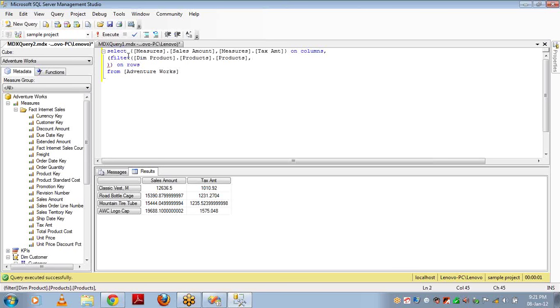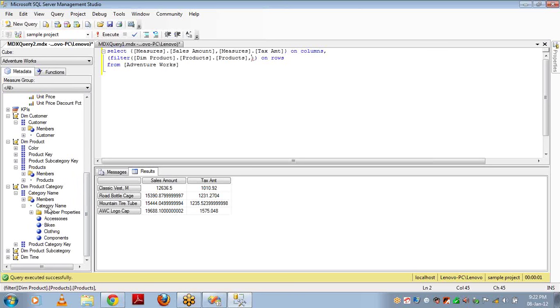Okay, fine. I'm yet to write the filter condition using attributes. How to write a filter condition for attributes? For example, if you want to write it for category name, this is how you can do it. You write the condition based on a member or any attribute level.